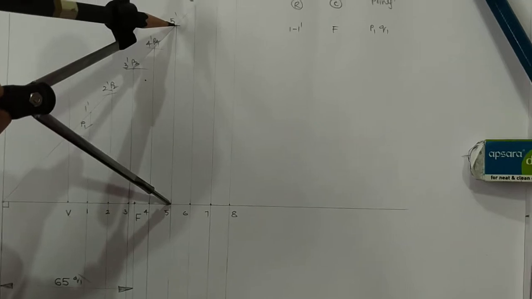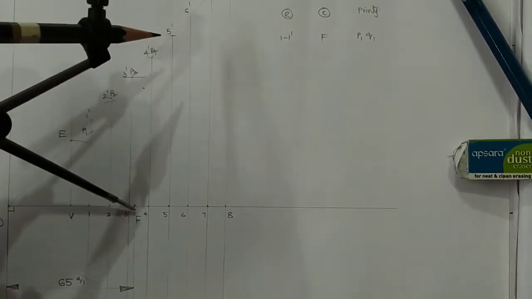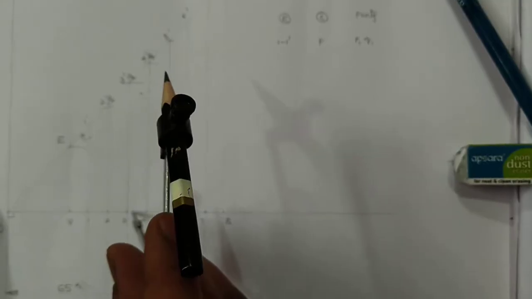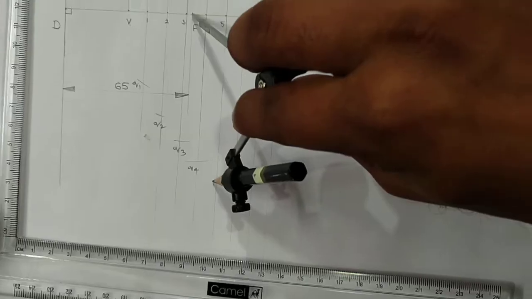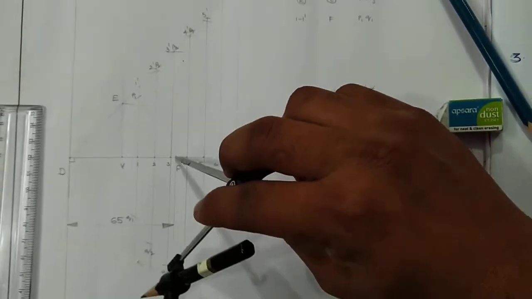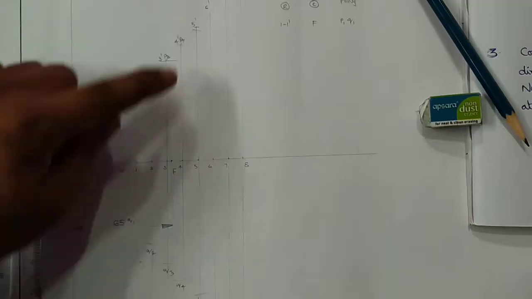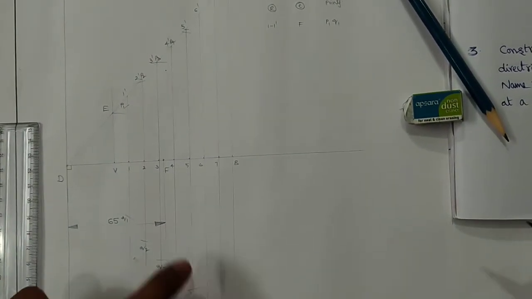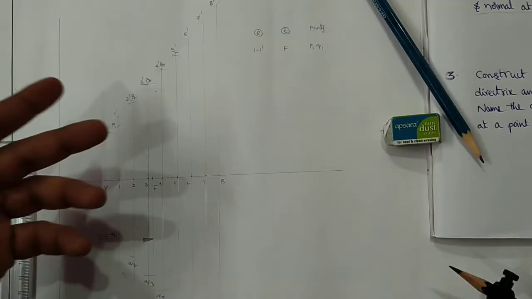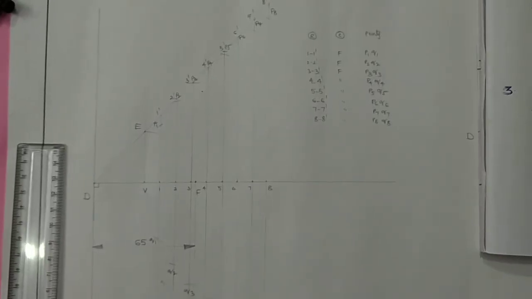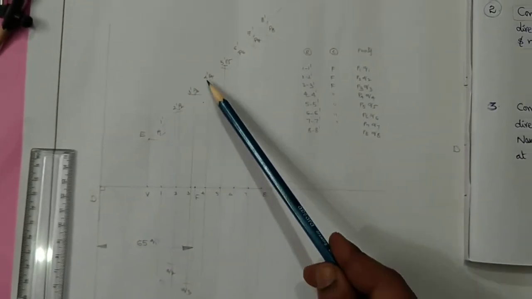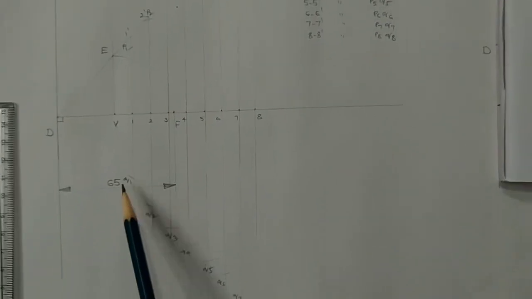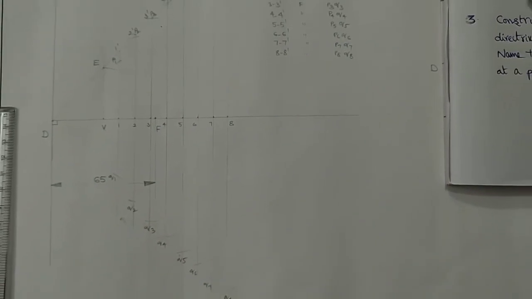Next we can take the 5 to 5 dash dimension as radius. Focus point as center. Draw the arc exactly on the fifth line, above the axis and below the axis. So in this way we can construct the arc. So here we will be getting P5, and this particular point becomes Q5. And similarly we can construct the arcs for the next lines also. In this way we will be getting the points P1, P2, P3, P4 up to P8. Similarly, Q1, Q2, Q3 up to Q8.